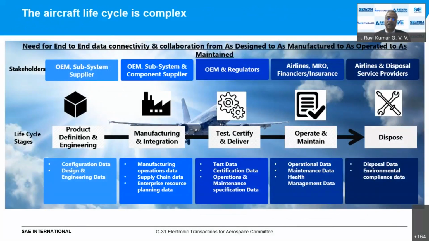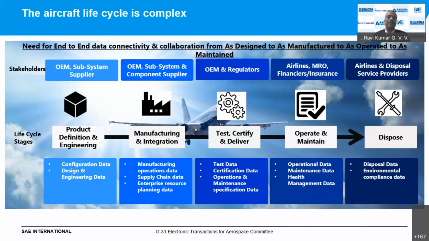In fact, Ravi and Dr. Bala have given wonderful insight into how complex the aerospace ecosystem is. If you look at the aerospace industry, it is pretty complex. A typical commercial aircraft will have a life of 30 to 40 years. That means an aircraft is designed and manufactured, and it is operated by two generations together. Each generation you take as 20 years, but 2 to 3 generations are going to maintain that particular